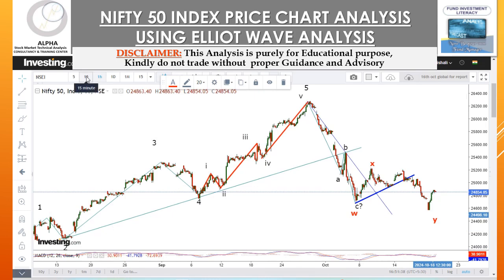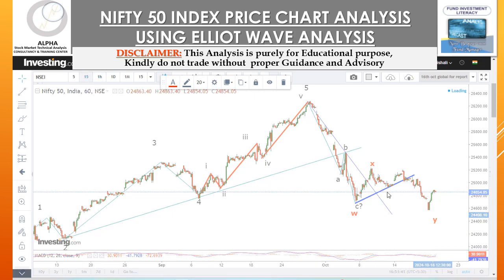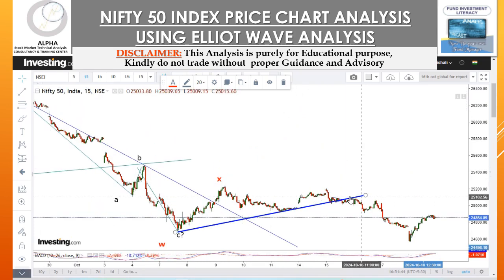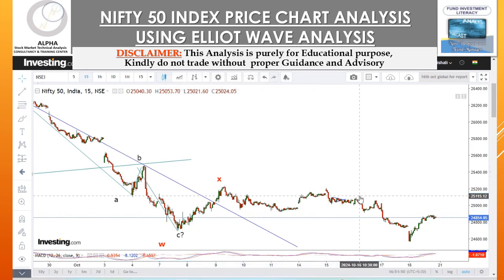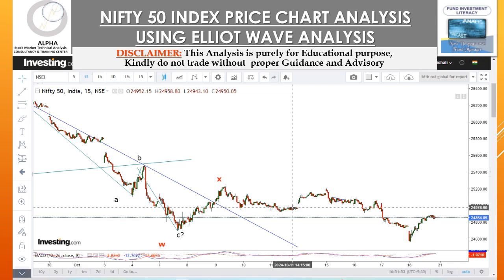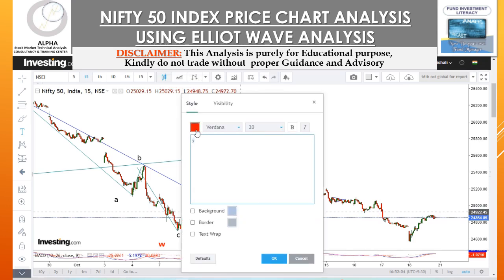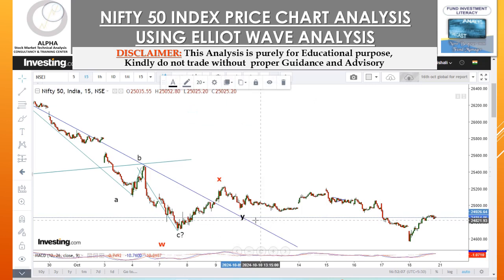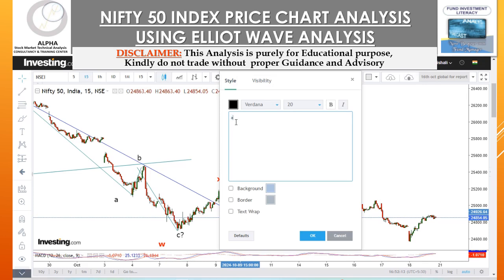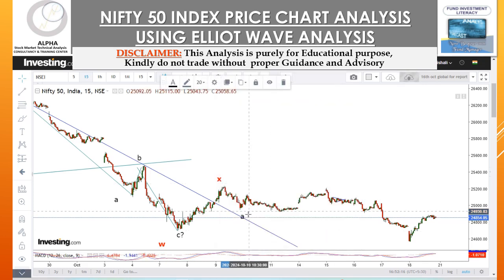So let's go ahead and understand more, going to 15 minutes. Very clear. I'm going to quickly take care of this blue line. It's no longer needed, and we should have a fresh trend line which could help us understand whether we are looking for a positive market or not in the next week. So let's number. Now this is the ABC of the Y. I'm sorry, this is going to be A. That's the A of the Y. Then this is the B of the Y.